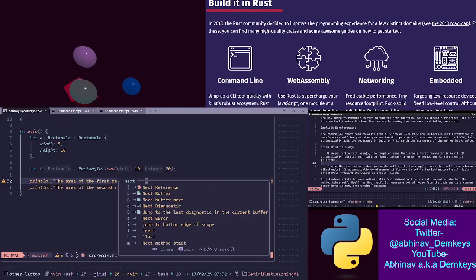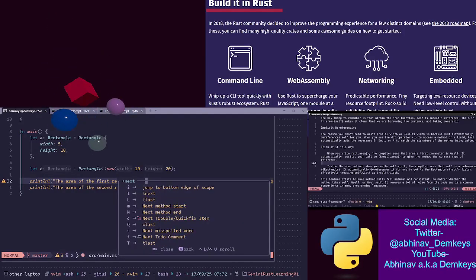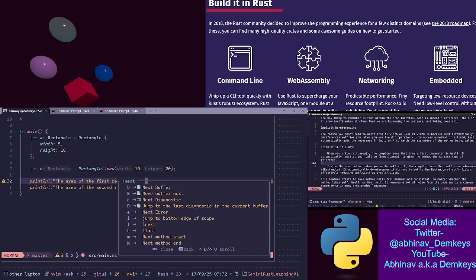Wait, give me a second here. There's no P, so it's definitely just A. Jump to the bottom edge of the scope. What is the bottom edge of the scope?